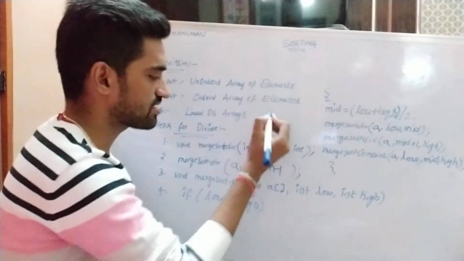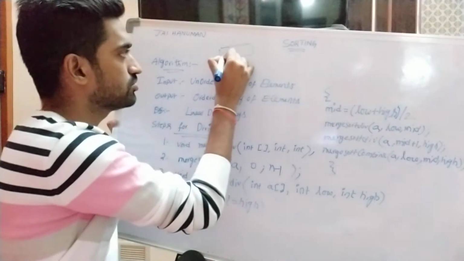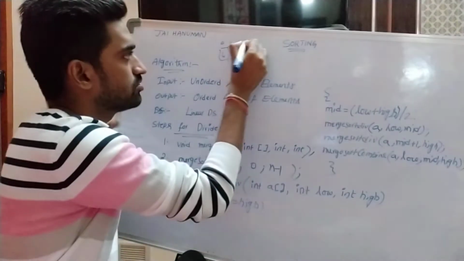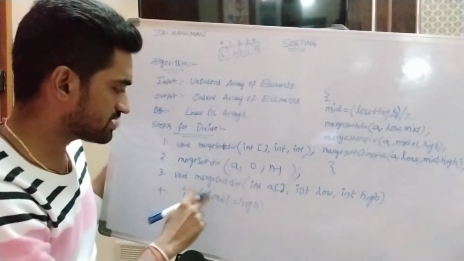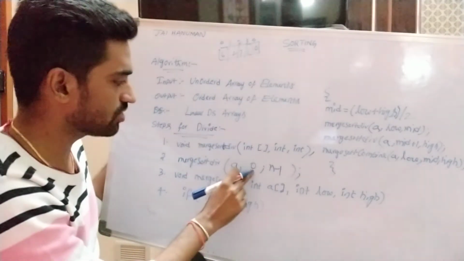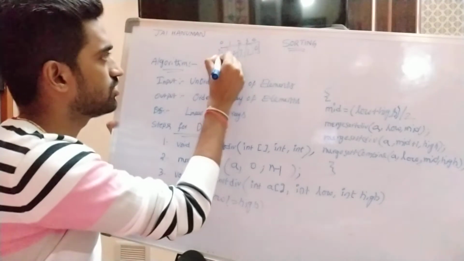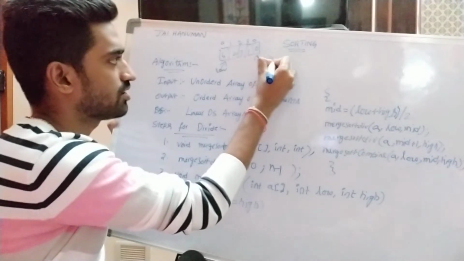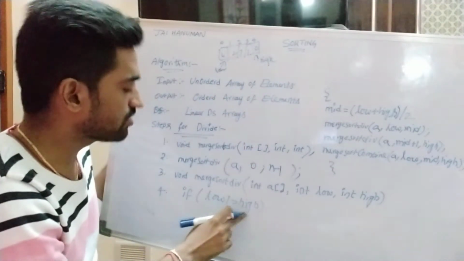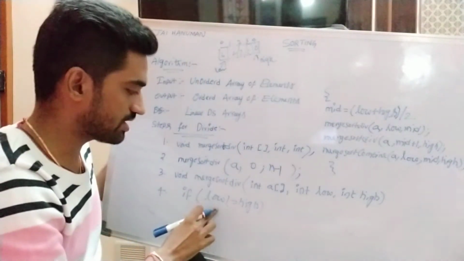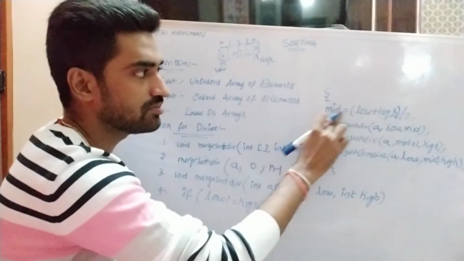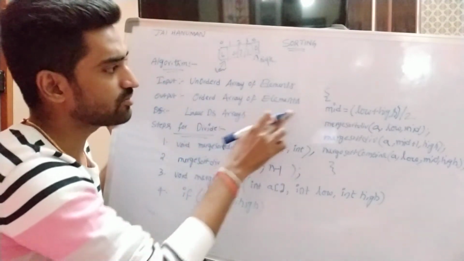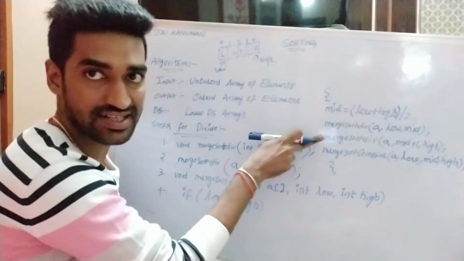Simply, here I am taking one example. 6 2 7 1 0, right now. So indices 0 1 2 3 4. So what is the procedure? First of all, we have set the low value to 0, so this is our low and this is high, right now. So first of all we are checking low not equal to high, 0 not equal to 4, the condition is true. Then we are calculating mid is equal to low plus high by 2, 0 plus 4 by 2, which is equivalent to 2. So that's why we can divide into two subarrays, that is the left subarray and right subarray, right?